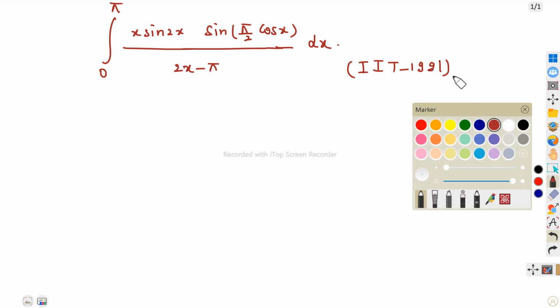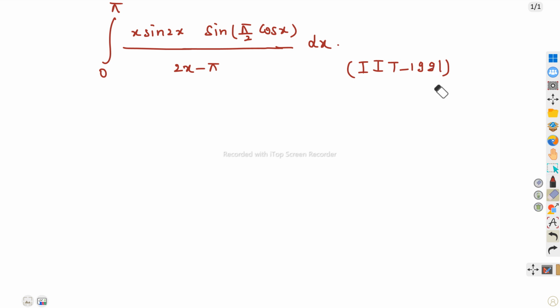This is a very important problem for JEE Main 2024. So we are going to discuss the solution of the given problem. We have a definite integration problem from 0 to pi of x sine 2x sine(pi over 2 cos x) over 2x minus pi. So first of all, take